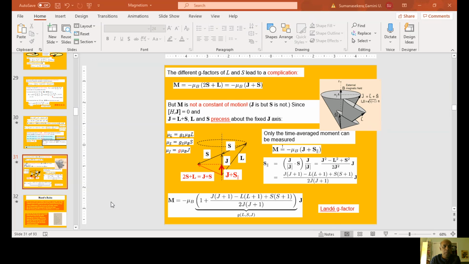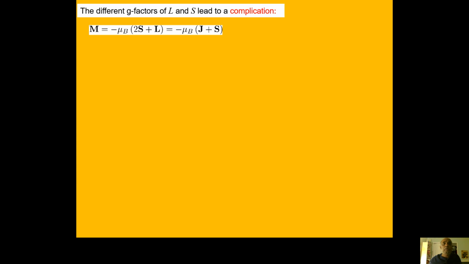So I just want to get started from here. Last time we introduced LS coupling. Then we calculated the contribution coming from the term L dot S, that is the orbital angular momentum and spin angular momentum coupling. So if you look at these L and S, we know the total magnetic moment M,